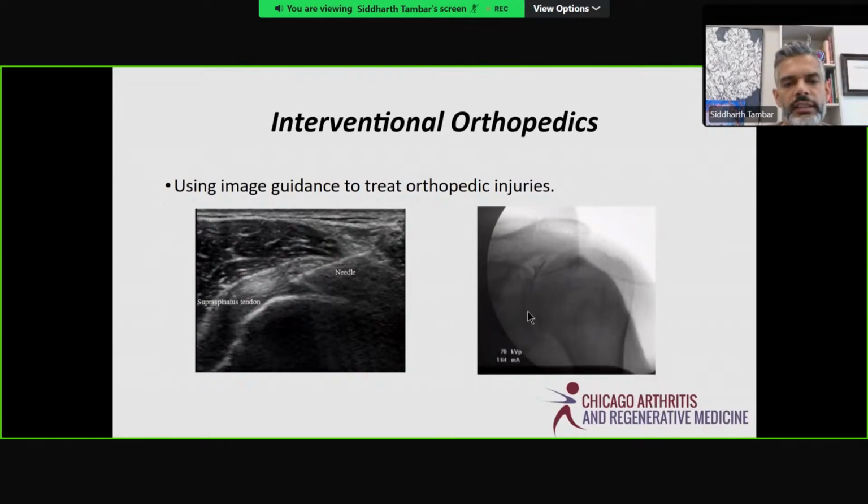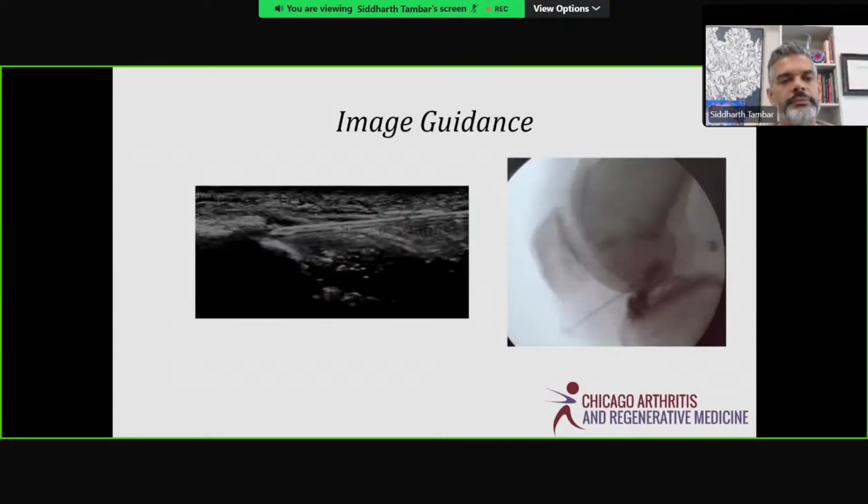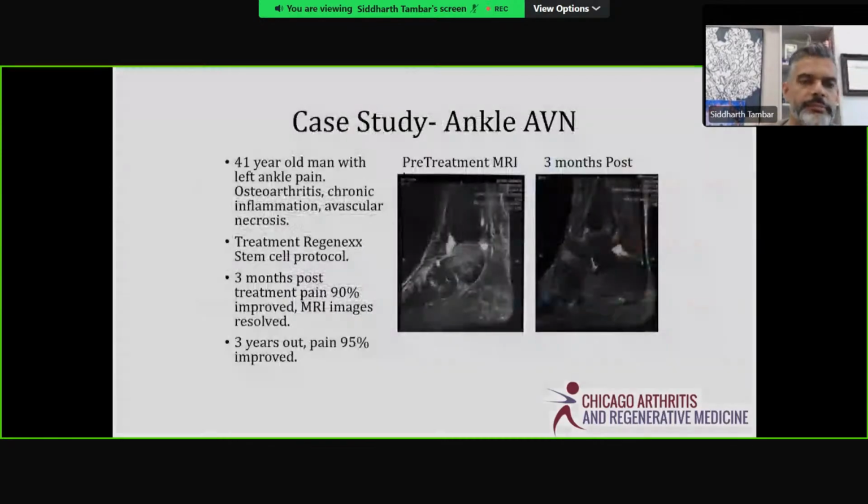Picture on the right, X-ray image injecting into his shoulder. Again, there's a needle. What you see lighting up is the shoulder joint to make sure we're in the right spot. Even more interesting is we previously also injected the labrum, the superior labrum. That's a triangular structure that's lighting up. To do that blindly, almost impossible. You really do need image guidance for that. I showed these pictures before. The one on the left, ultrasound injecting into the patellar tendon. Picture on the right, injecting into the ACL.